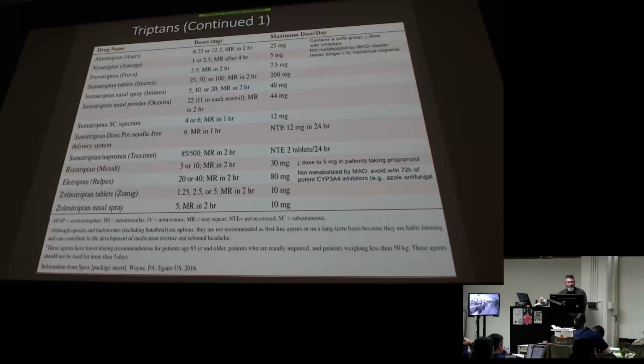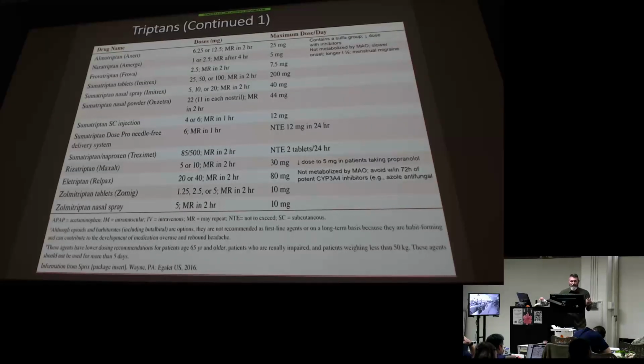The key that I want you to pick up on is the 2 hour. There's also the naratriptan, that's 4 hours. So almost all of them are 2. The subcutaneous injectable and the oral disintegrating tablet are fast acting, which makes sense, right? Oral disintegrating and a sub-Q is going to act faster in our system. So within 1 hour, you can repeat it. Almost everything else is 2, and then the naratriptan is 4 hours. So slower onset, but it lasts longer.